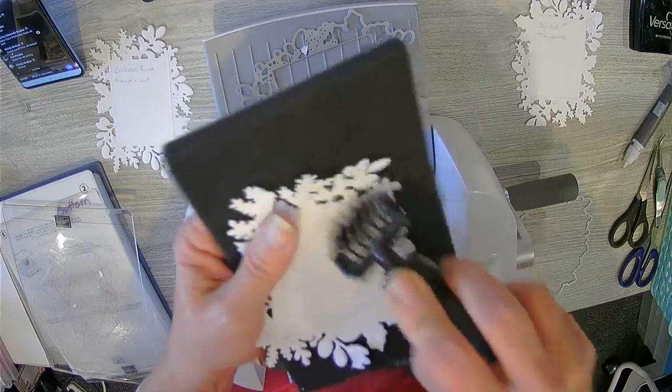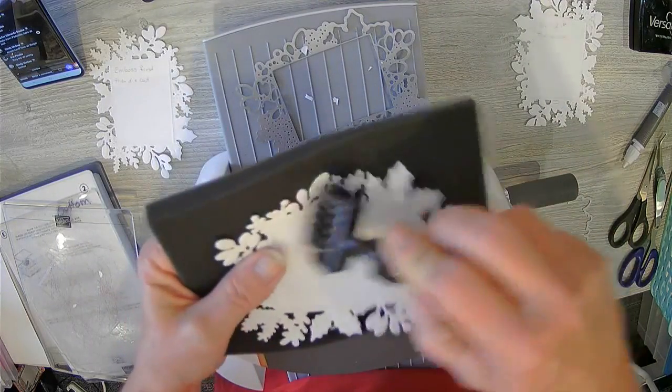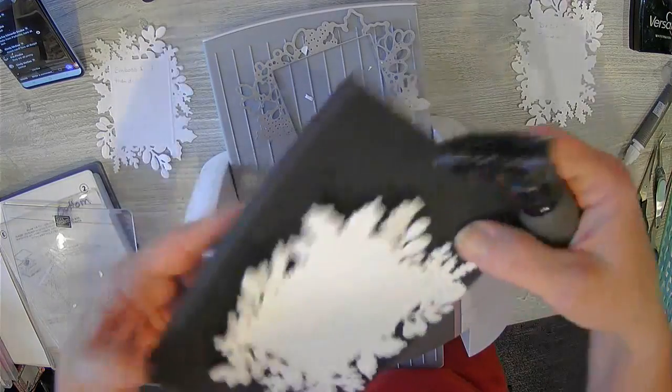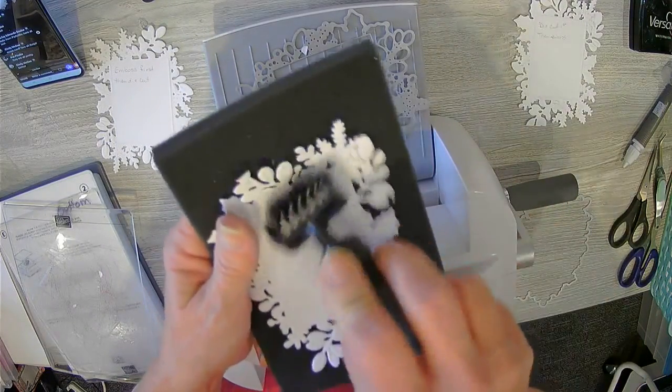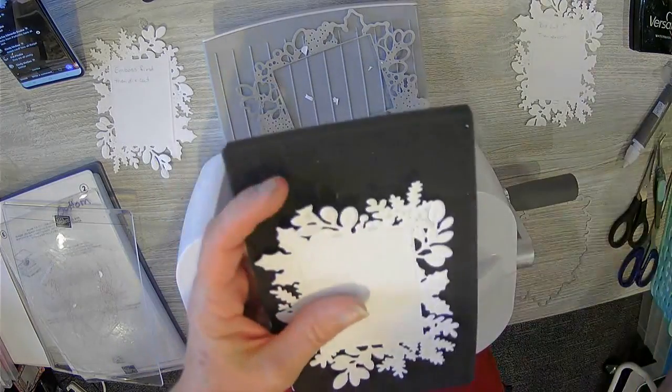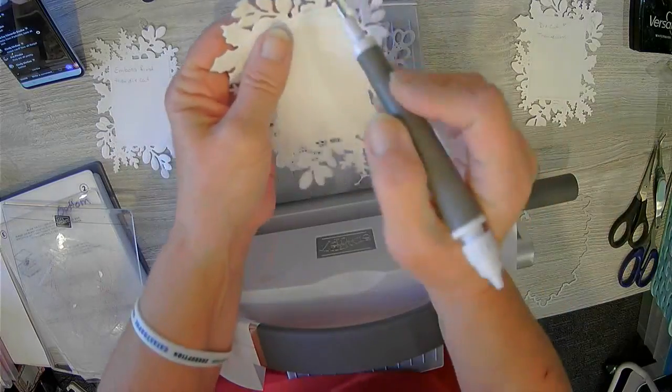This is the old brush. Now they have a brush that attaches to your Take Your Pick tool. But my brush works just fine, so I'm not buying another brush right now until this one breaks. Okay? And if they don't all come out that way, then I just take my Take Your Pick tool and